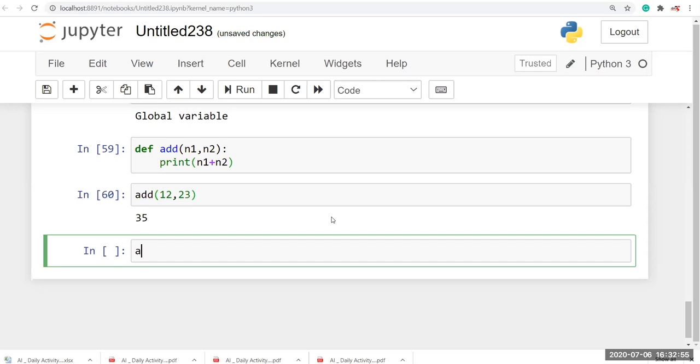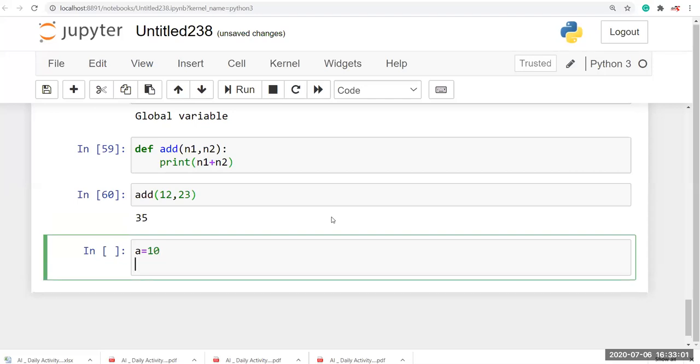If I'm going to declare a equal to 10, and I'm going to get a user value like b equal to input, and here I'm going to enter the value. So you already knew that input returns only string values, right? If we want integer or float, we have to convert the input into integer or float data type. Okay, so here I simply leave it.